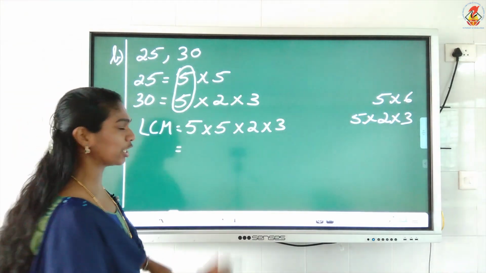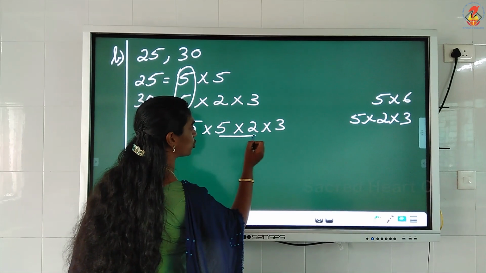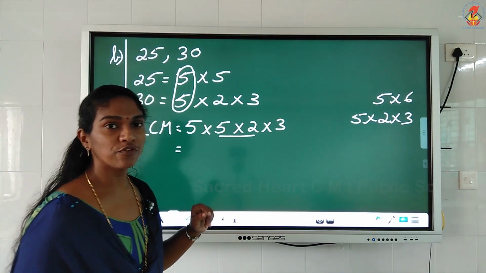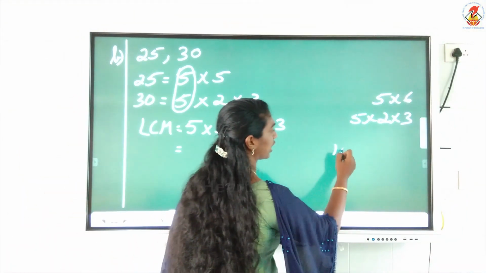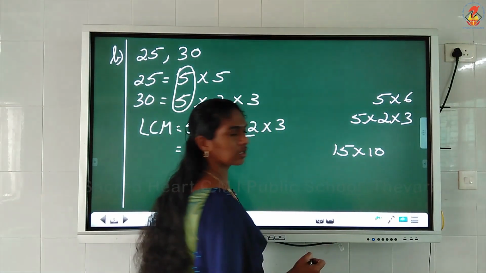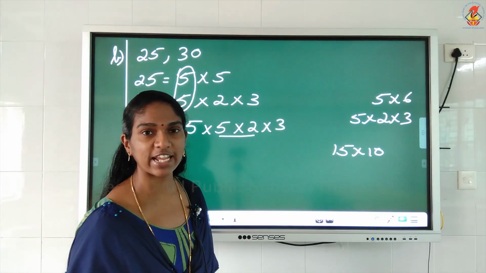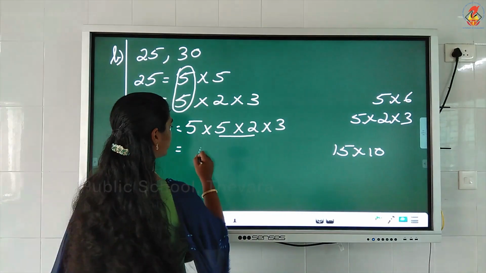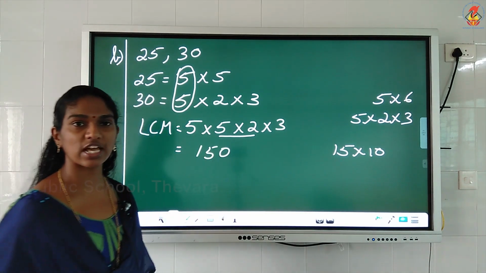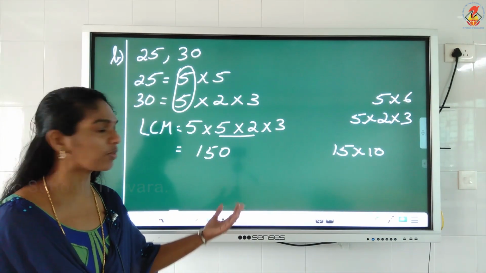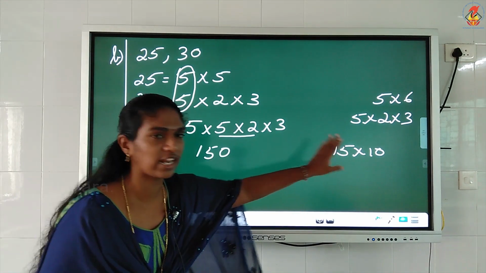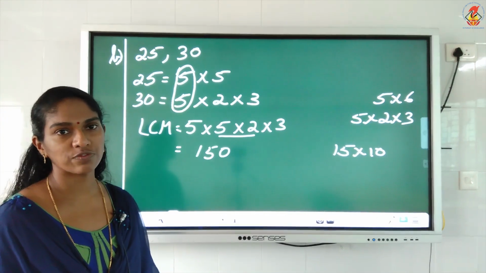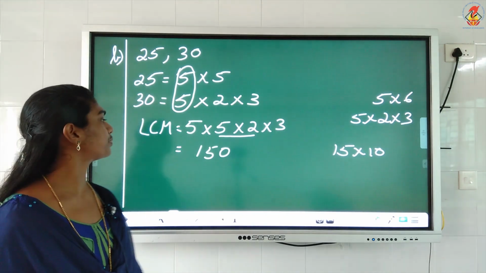You multiply. I'll tell you an easier method. You know 5 into 2 is 10. Yes, children? Then what is 5 into 3? 15. So what is 15 into 10? What happens when you multiply with 10? You just have to take the 0 and put it with that number, isn't it? So I take 15 and I put 0. I got the answer 150. Very easy to multiply. 5 into 2 is 10. 5 into 3 is 15. So 15 into 10, 150. Understood, children?